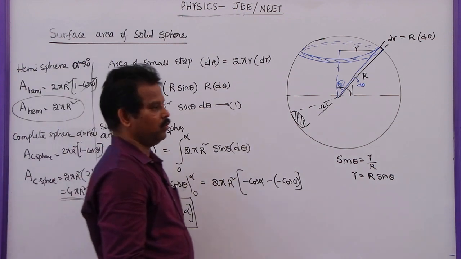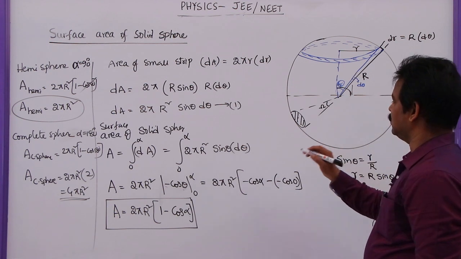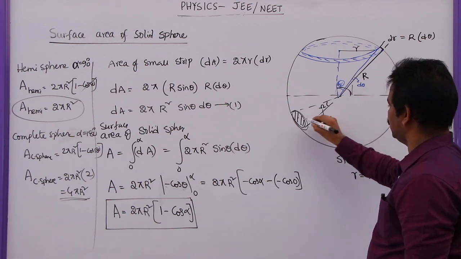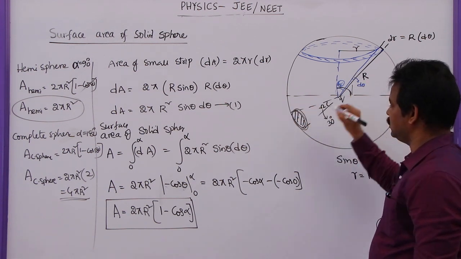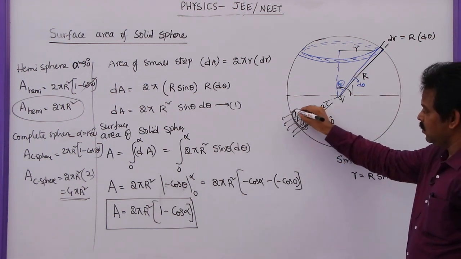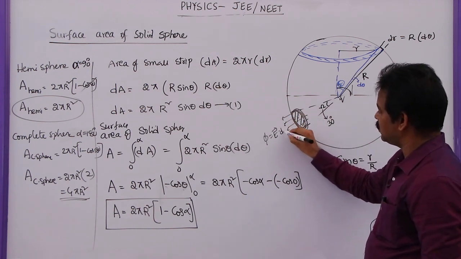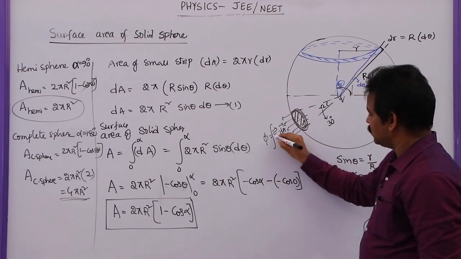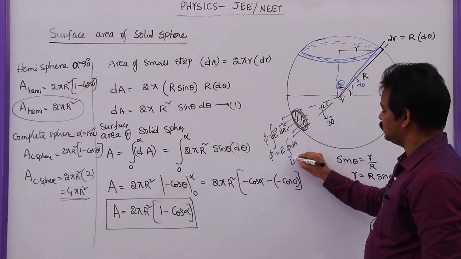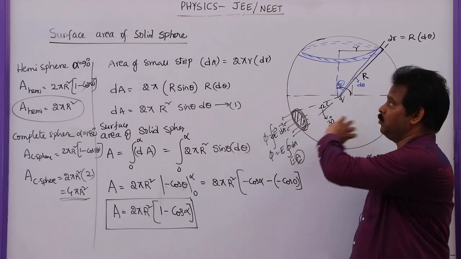Now, if you take only some portion of it, let us say alpha is equal to 30 degrees. While calculating the flux through a small angle here, let us say alpha is equal to 30 degrees only. So what is the area? Let us say you keep a charge here, how much flux is passing through this area? To find this, if alpha is 30, we need to find the area here, because the flux is E bar dot dA bar. So flux is E into integral dA bar. So this is EA, where A is the area of this small elemental portion on the sphere.